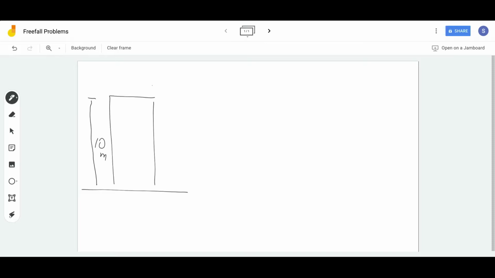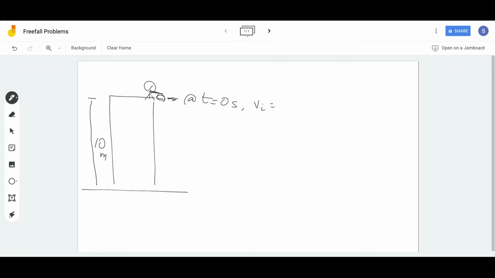This is our person standing right here, and this is the ball, which is, let's assume, at level with the rooftop. So at time t equal to 0 seconds, the ball is